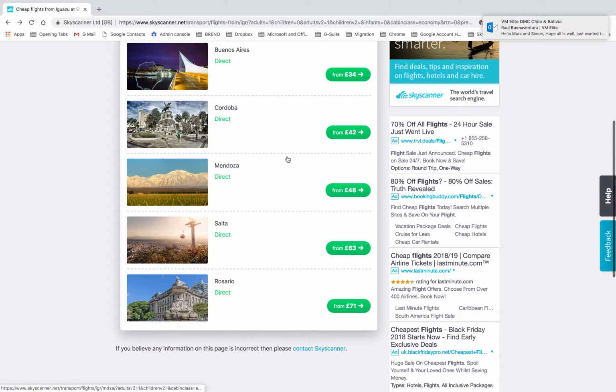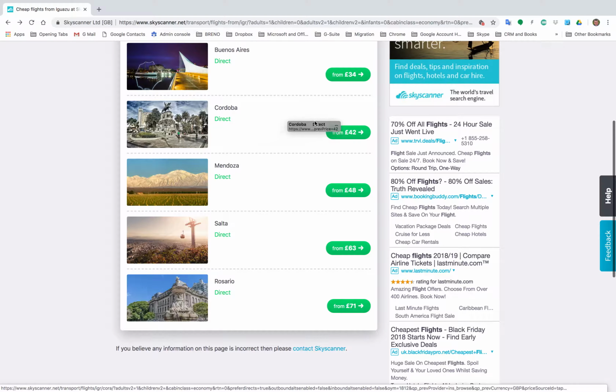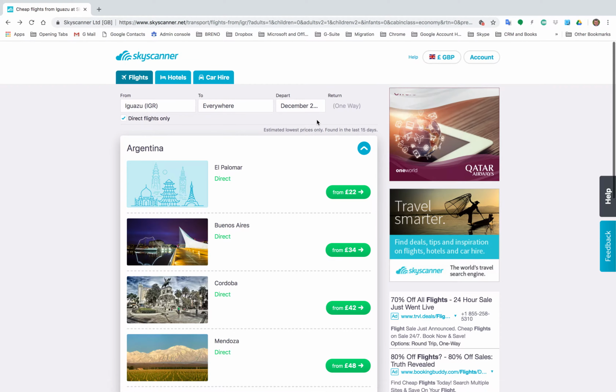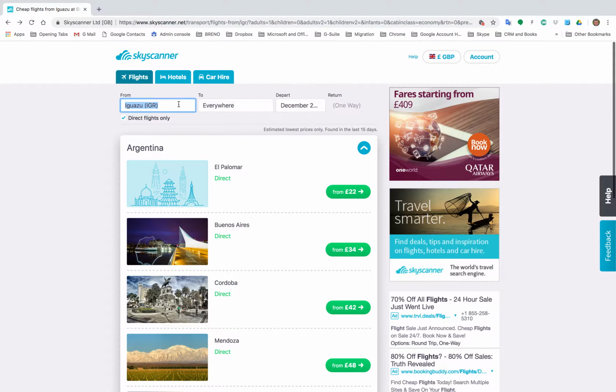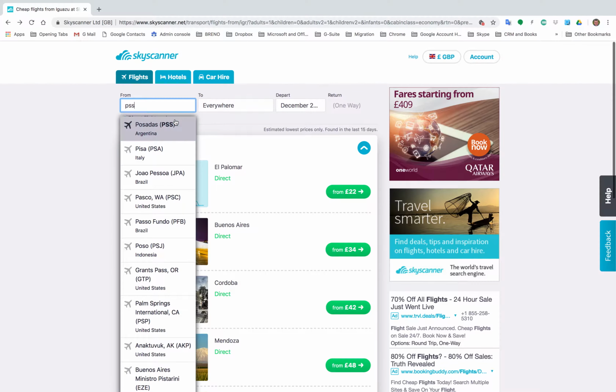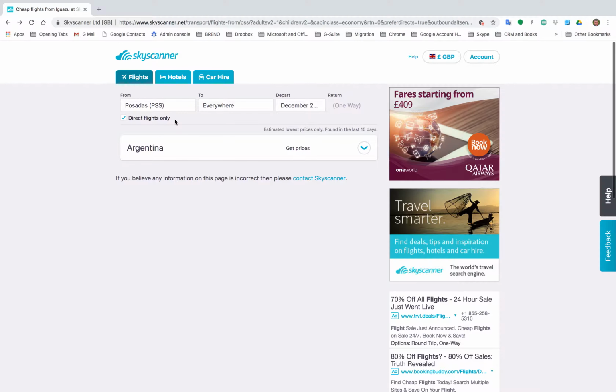So let's go back and have a look at these others. Never heard of El Paloma. Salta we know about, but then I spot Cordoba, and there are indeed flights to Cordoba on a couple of days of the week. So I'm beginning to think, well, that gives me an alternative to Buenos Aires, or rather to the wetlands. When I go back to the wetlands, and then I look at Posadas.